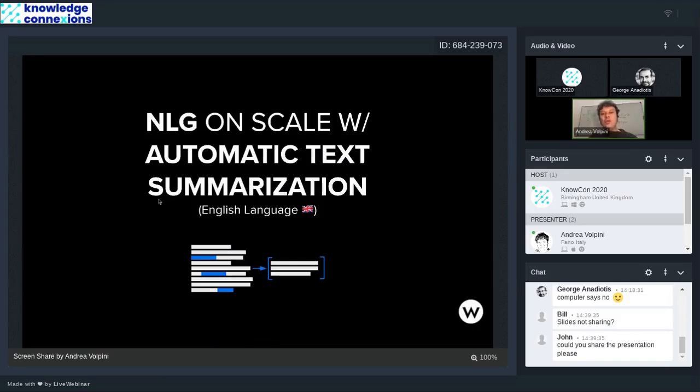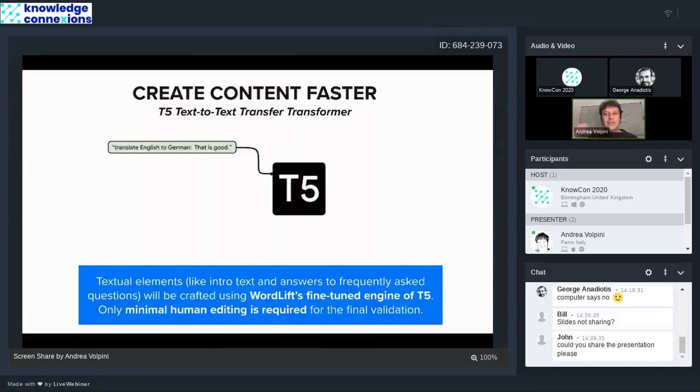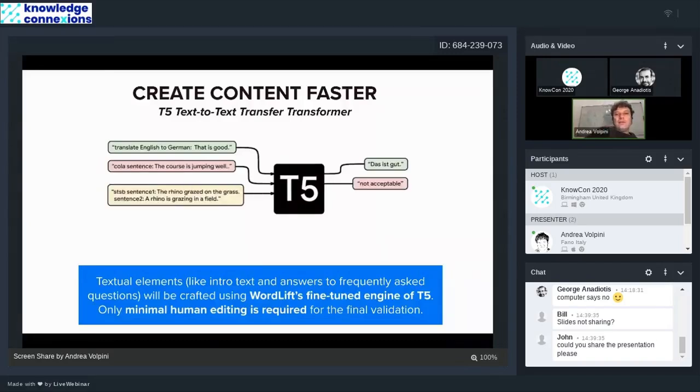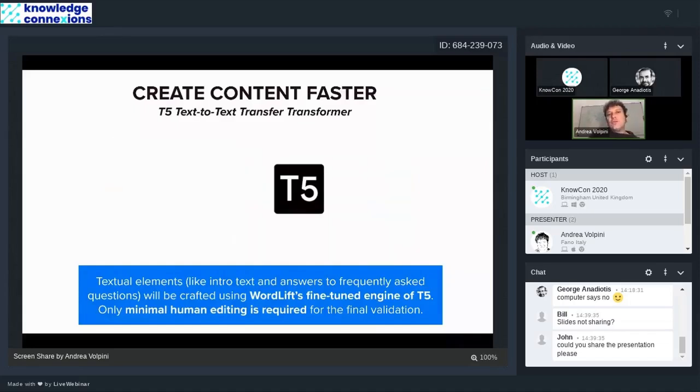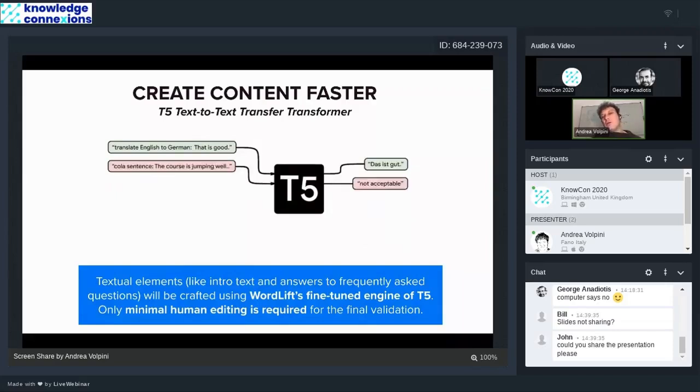So how do we build the page? We are going to use, of course, automatic text summarization, and in particular, we are going to use Google T5. One of the exciting parts of T5 is that it is a text-to-text, language-agnostic transformer. So it's a language model that we can use by providing a structure in text, and we can use it